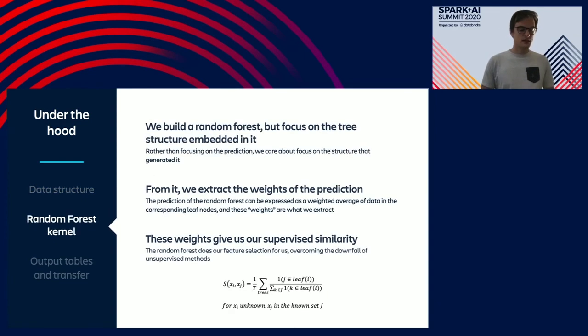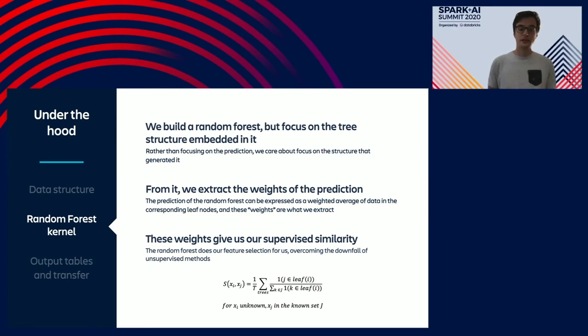Now, in order to create similarity scores rather than just have a dot predict capability, we build a random forest to the problem I've just described. We use a random forest as we're able to capture its internal tree structure to define similarity. This is because, ignoring the bagging aspect, a random forest predicts using a weighted average of the training data that lands in each terminal node. That is, predicting an unknown example is just created through a weighted average of the training data.